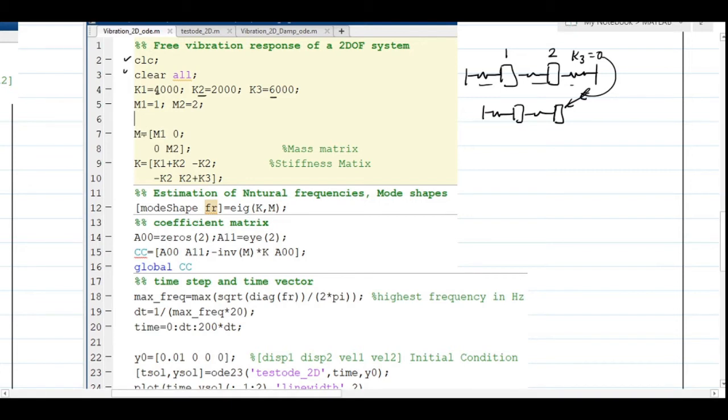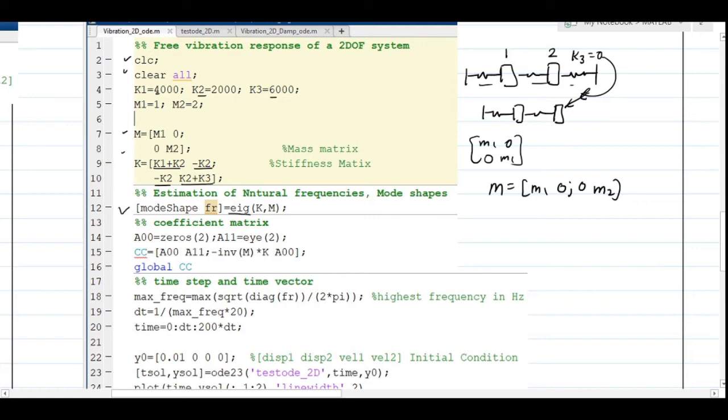So here, from line 7 to 8, I have created my mass matrix, which is simply m1 0 0 m2, and this is the standard way to write a matrix in MATLAB. Otherwise you can also write the entire statement in a single line, but for clarity I have written it this way. You can simply say M is equal to [m1 0; 0 m2]. It will also give you the same matrix. Similarly I have written here the K matrix, that will be k1 plus k2, minus k2, minus k2 and k2 plus k3.